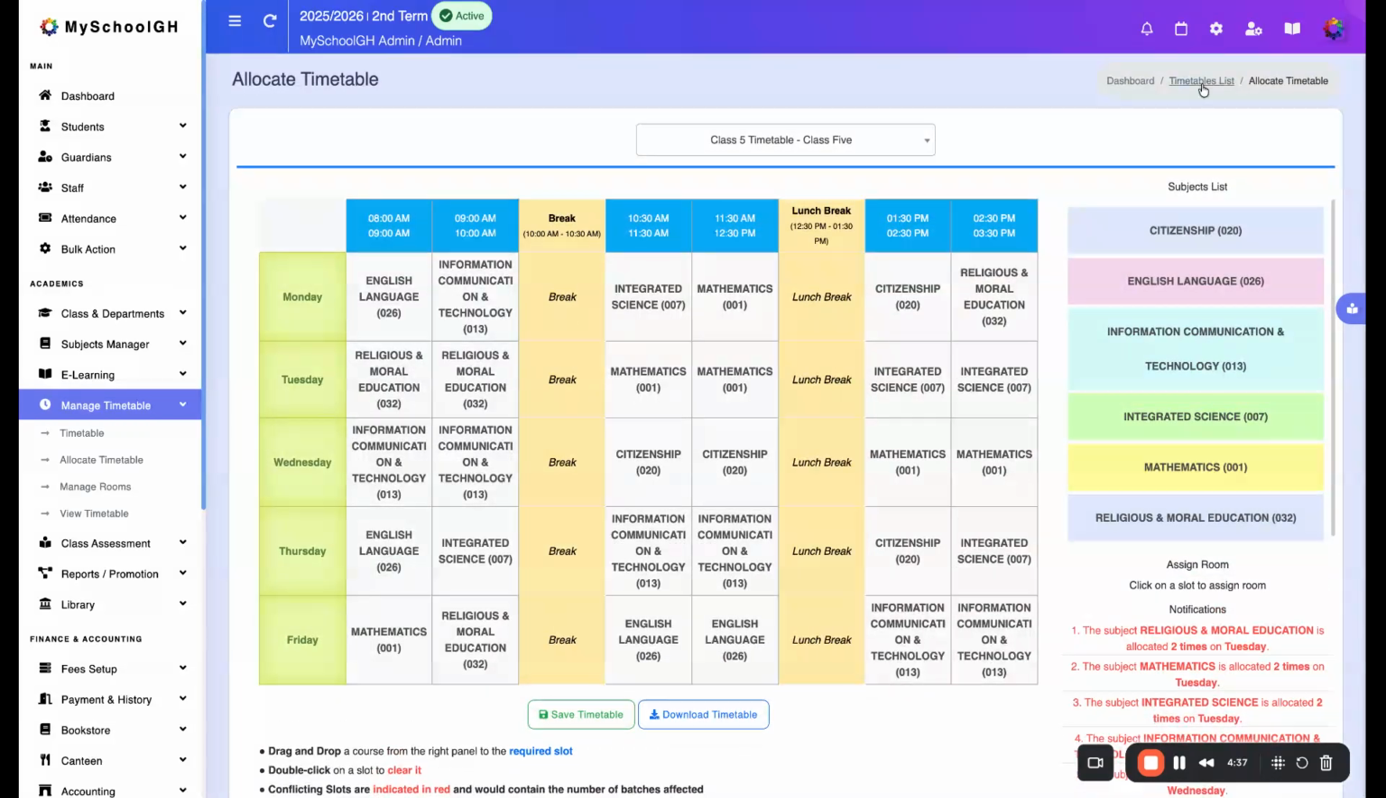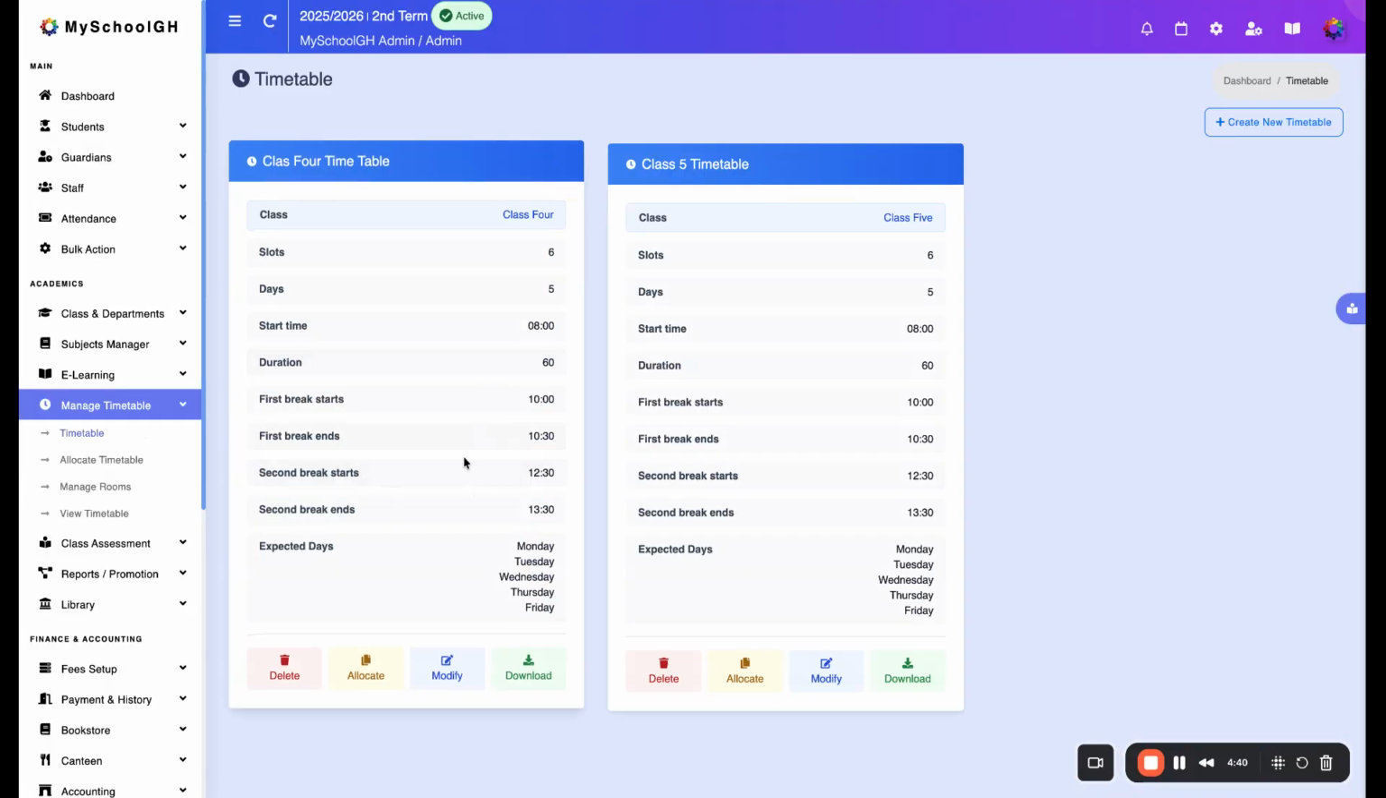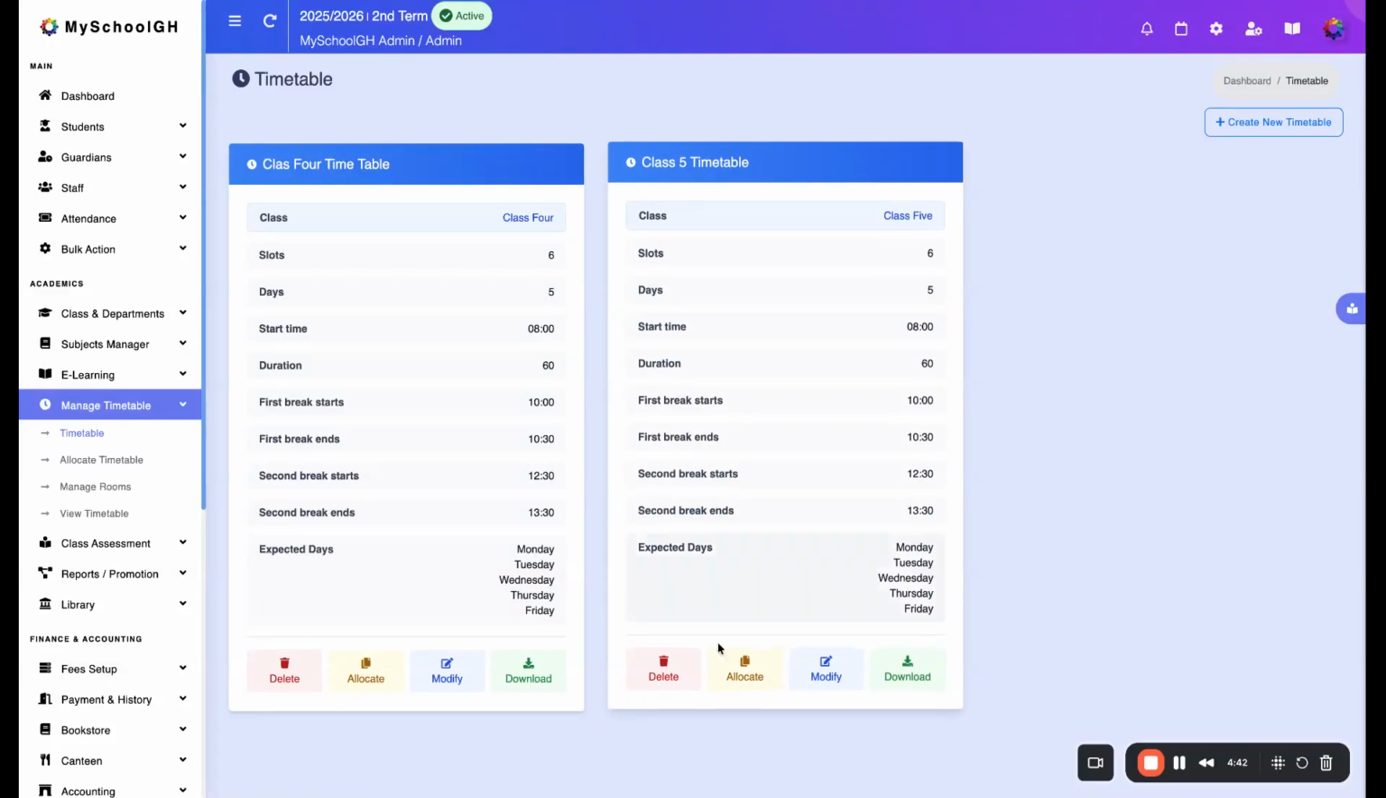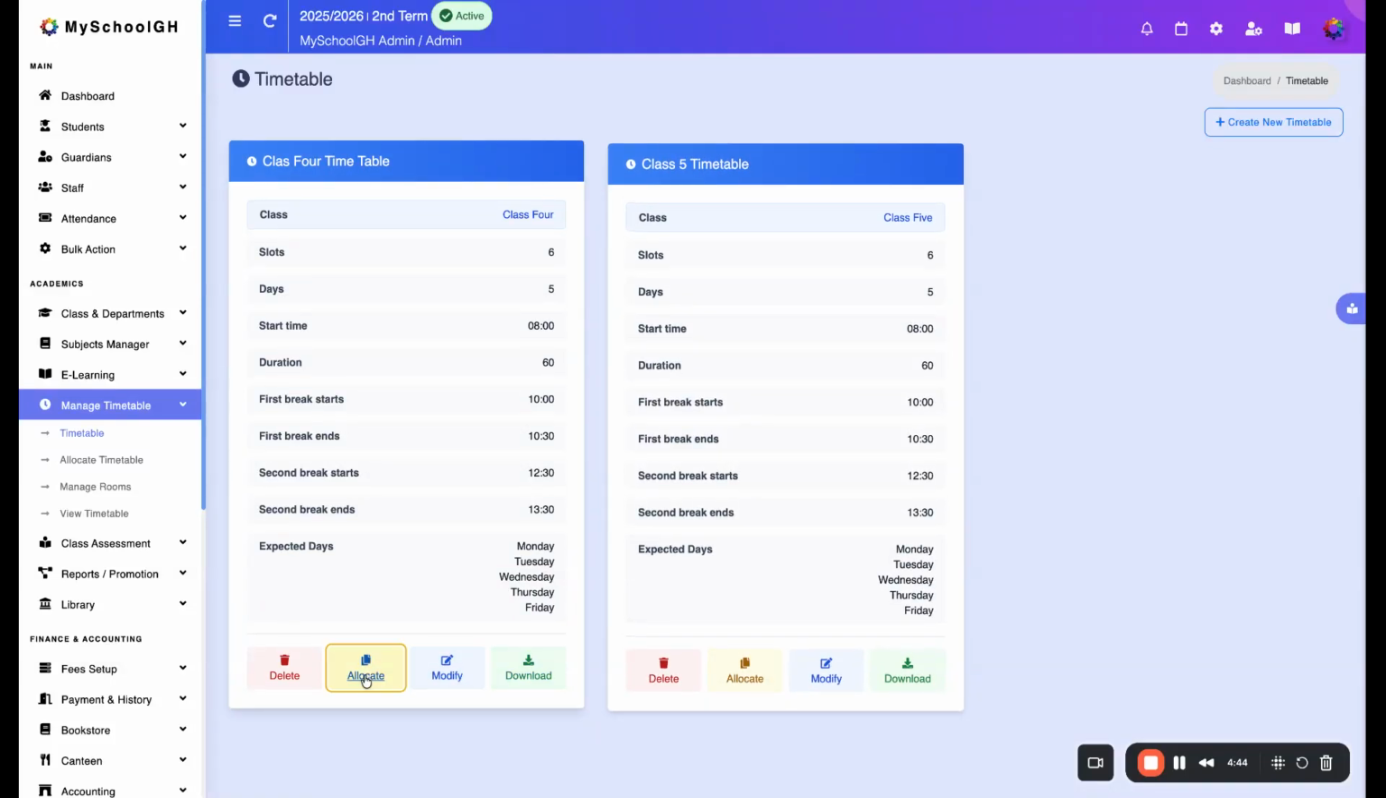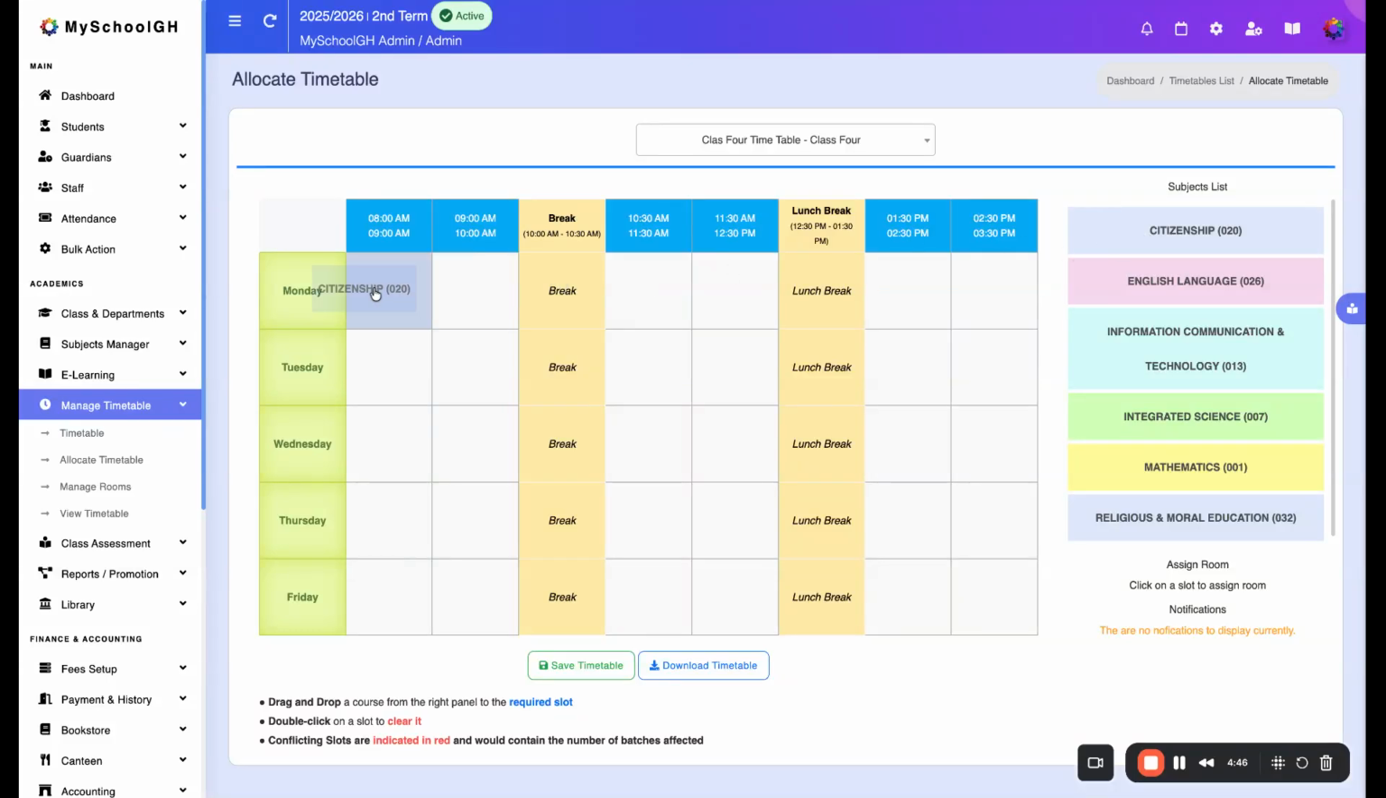So as easy as it is, under the timetable, you have your various timetables created. You then proceed to allocate classes. You select, you drag and drop into the various sections. Now here we have an interesting message. So I selected citizenship and then I dropped it here, and we received an indication that the teacher has a citizenship lesson for